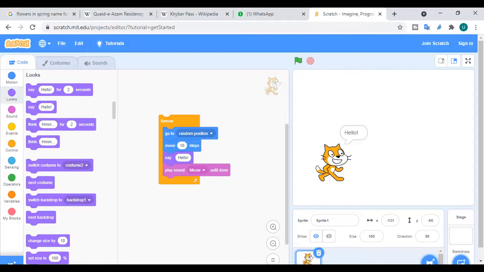So what this practice is about is that when we give certain commands or more commands to the sprite to do at a similar time, whether it can do that or not. Yes, it can do that, it can do it perfectly. And when we attach those commands into the forever loop, this means that it will keep on doing that thing. Got it?